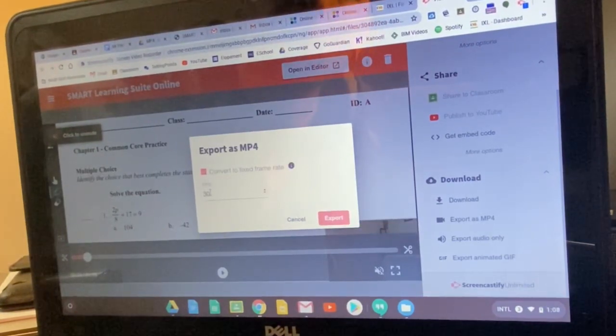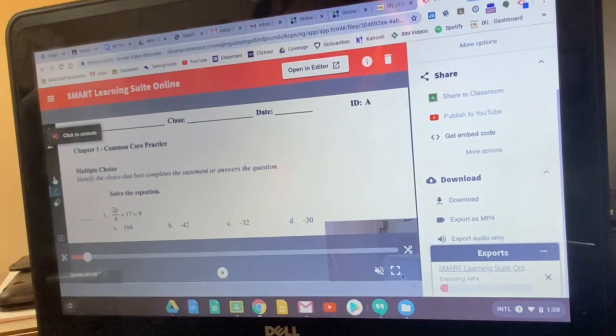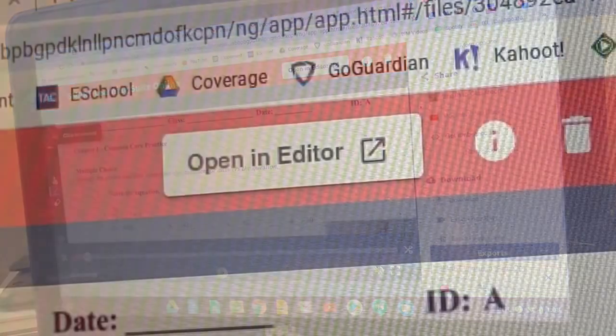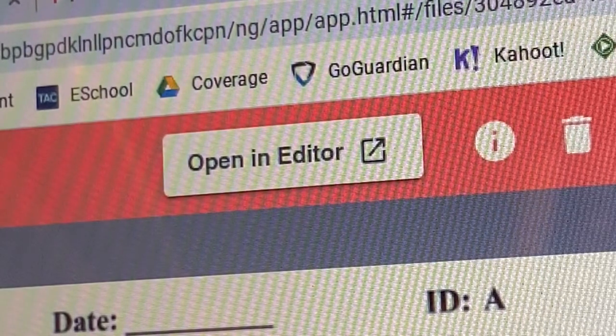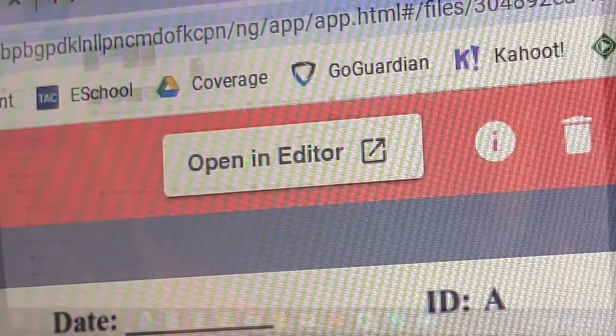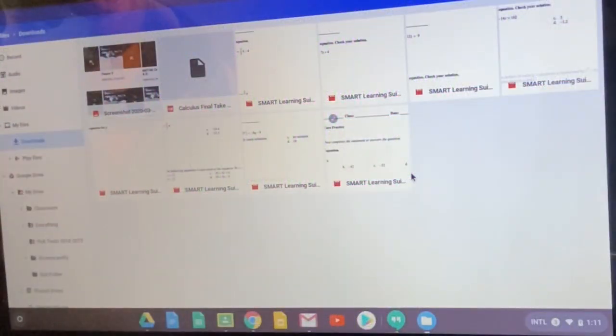This is very important. Click the box to adjust your frame rate. This will allow your video to save at a much smaller size, and you can save room on your Chromebook. If you don't wish to edit the video on your iPhone, you can use the editor on Screencastify. When your video is done